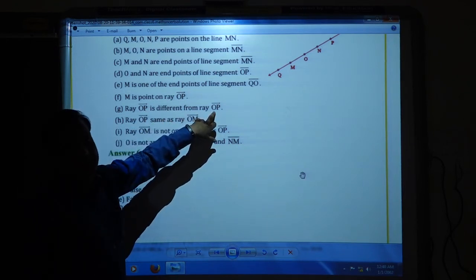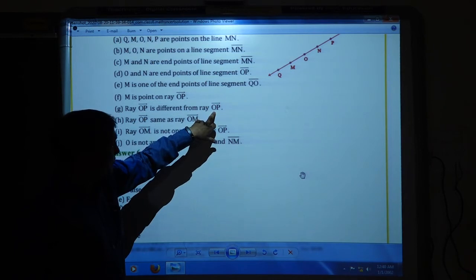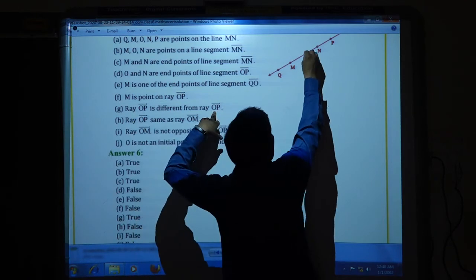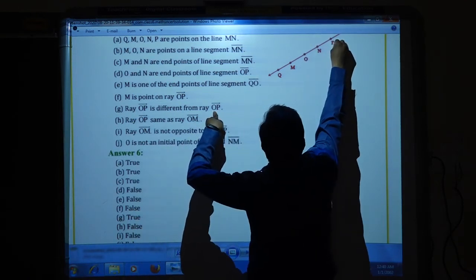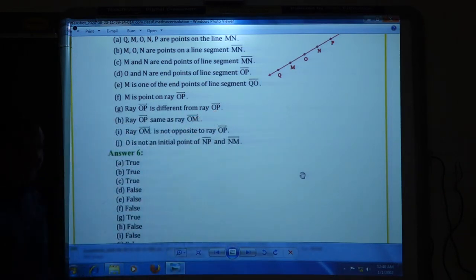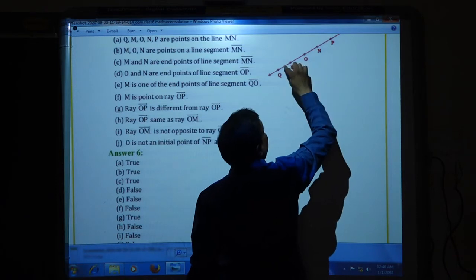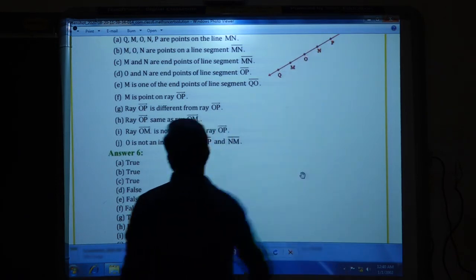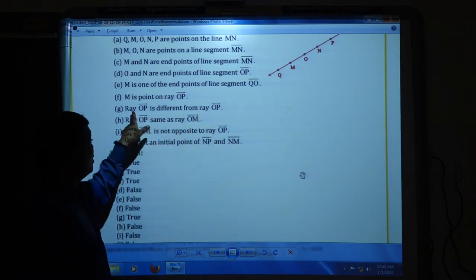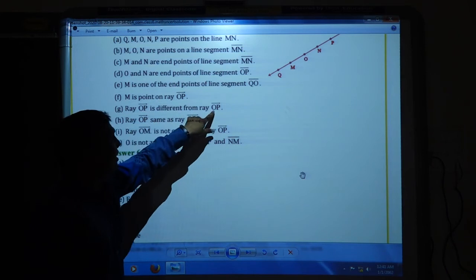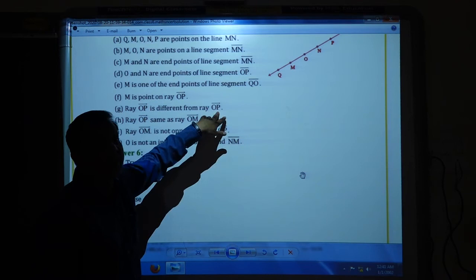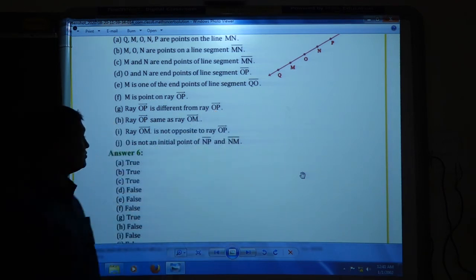It is a wrong print. OP is here and QP is here. Both are different. Why? Because OP starts from here and QP starts from here. Q is a bigger one. So it is true. They both are different. It's not an O, it is a Q. It is QP, not OP. Now next,